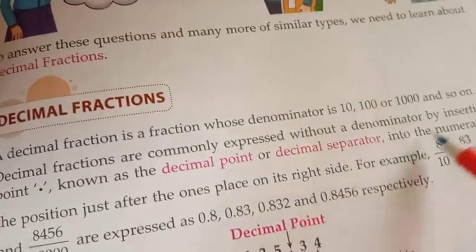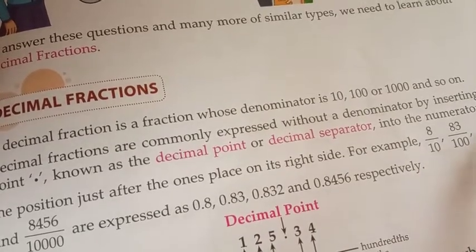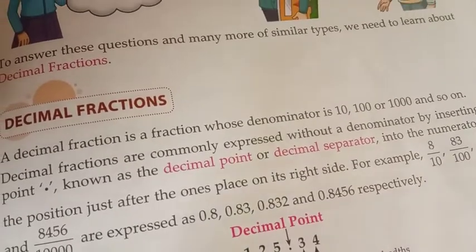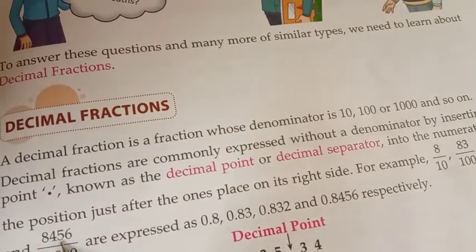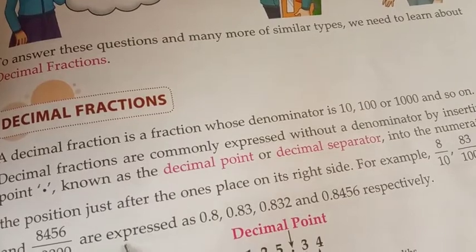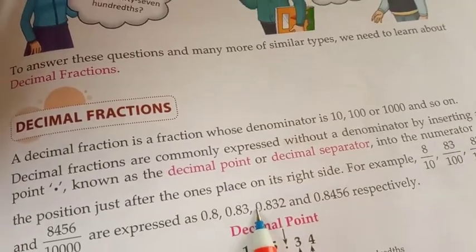For example, 8 by 10, 83 by 100, 832 by 1000 and 8456 by 10,000 are expressed as 0.8, 0.83, 0.832 and